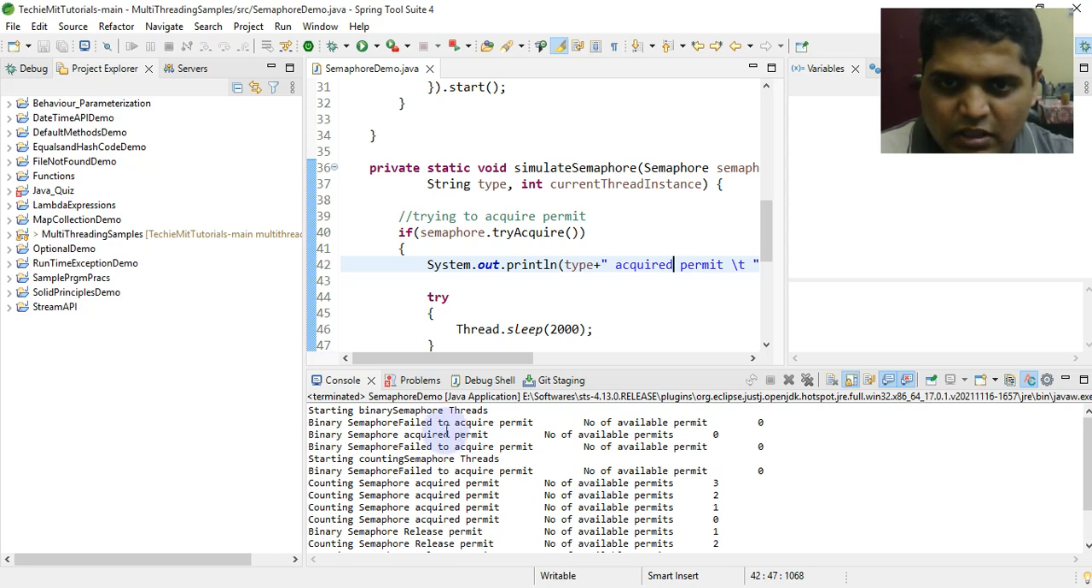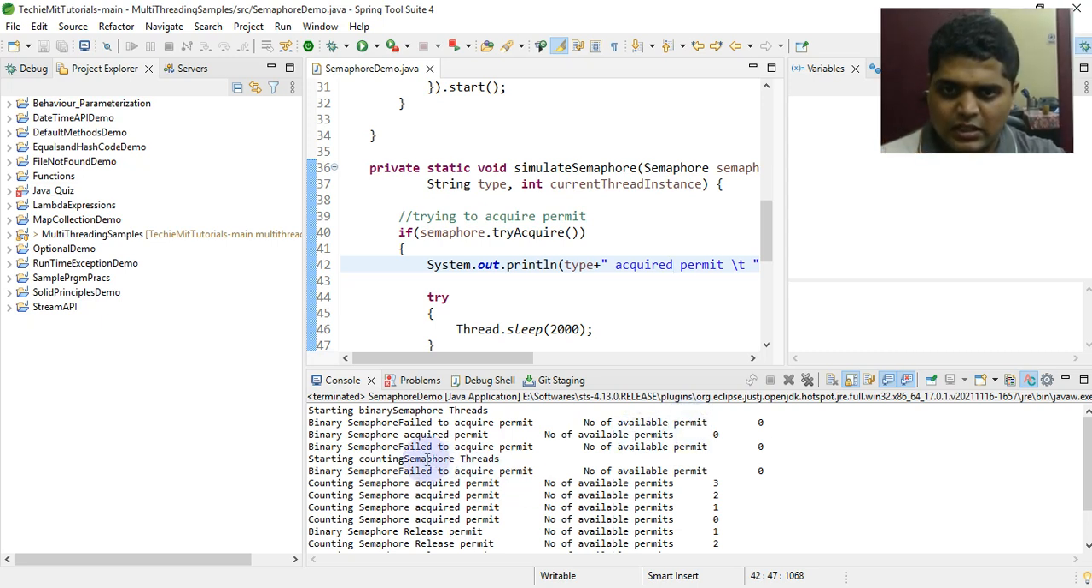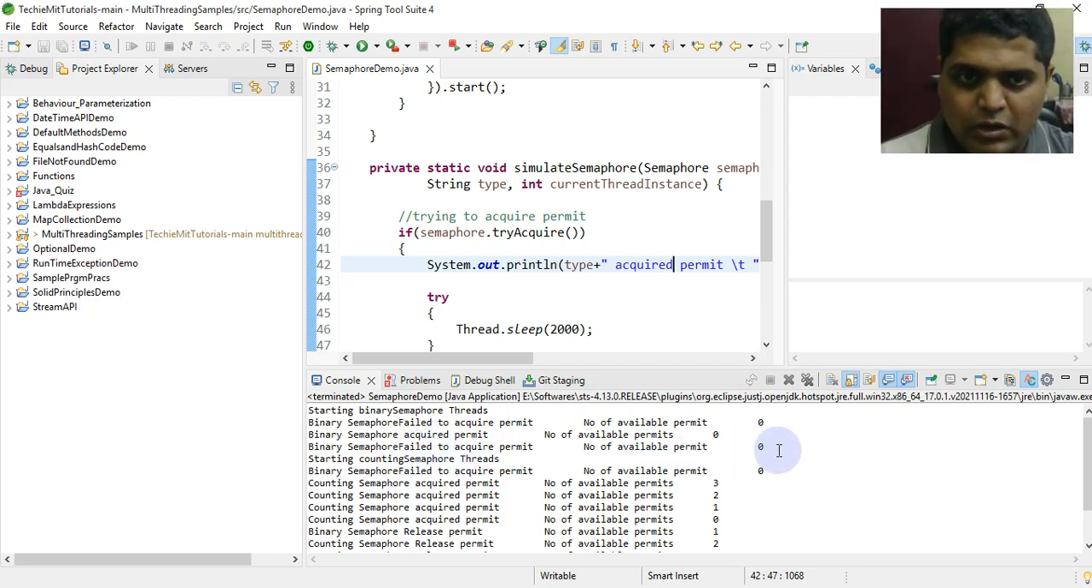Yeah, so starting binary semaphore threads, binary semaphore failed to acquire permit, number of available permit 0, binary semaphore acquired permit. So once it was able to successfully acquire the permit, and because it's only one instance, the number of available permit will be 0, correct. So that is correct. Finally, after that it printed binary semaphore failed to acquire permit, number of available permit 0,